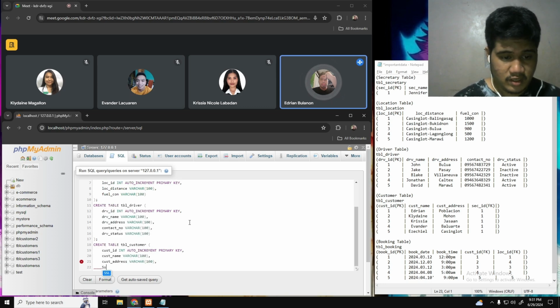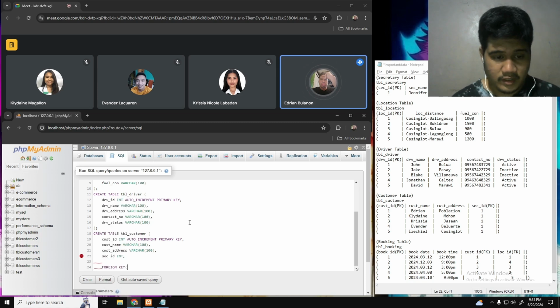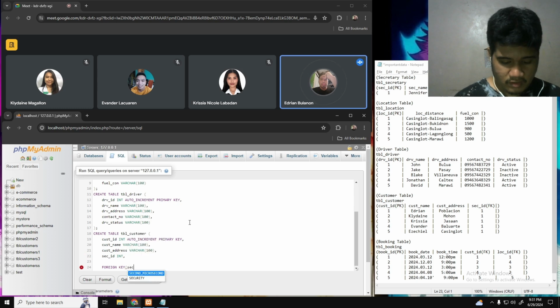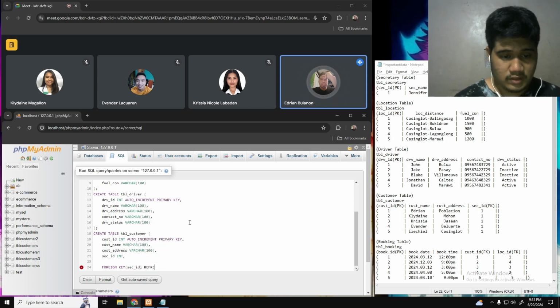And next is the secretary ID, which is our foreign key of this table. And since we have a foreign key in this table, which is the secretary ID, we're gonna create foreign key, and we're gonna put secretary ID references.